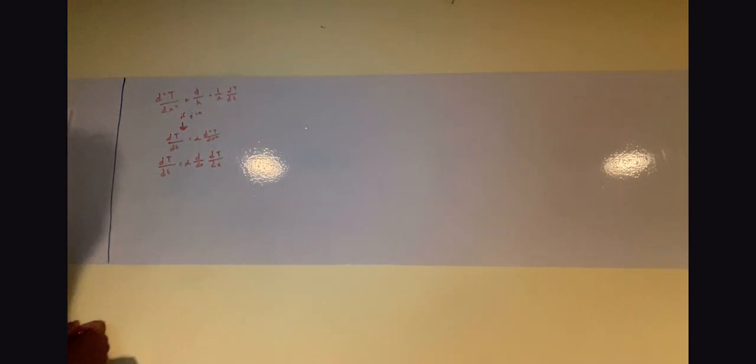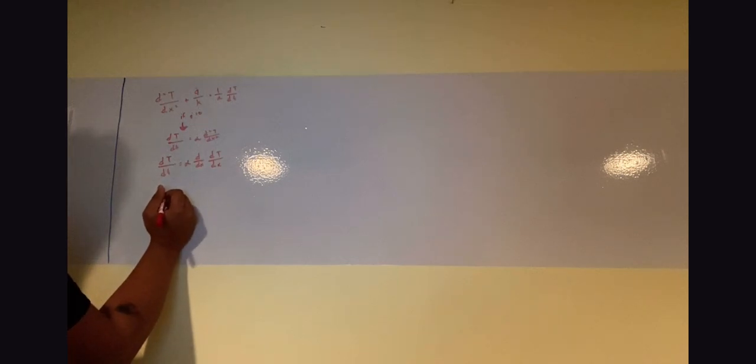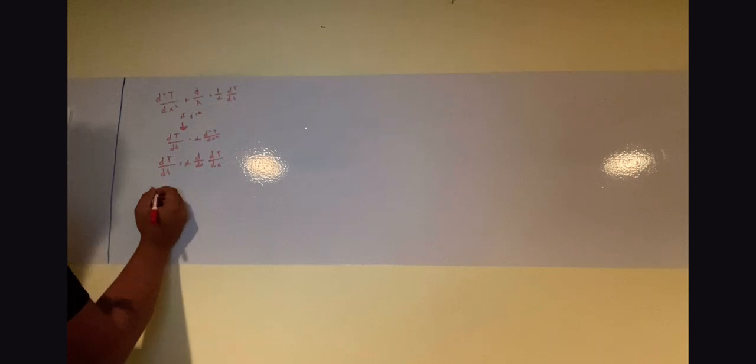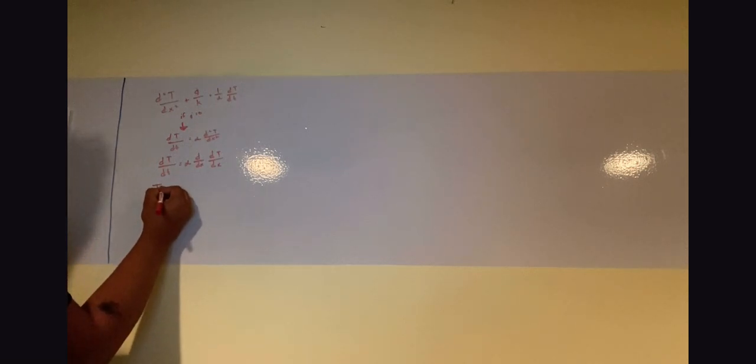All right, so now we're going to use spatial discretization, and we're going to get Tj n plus 1